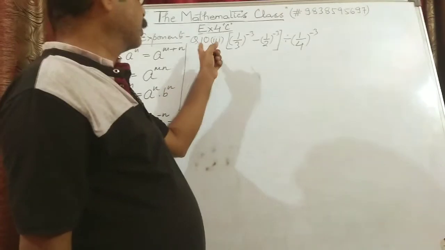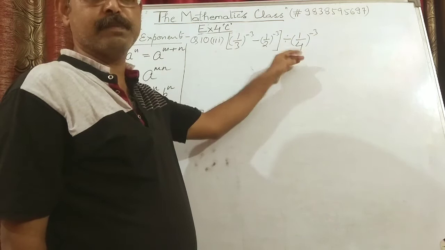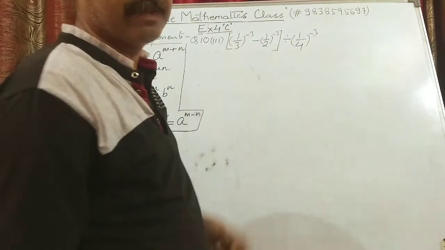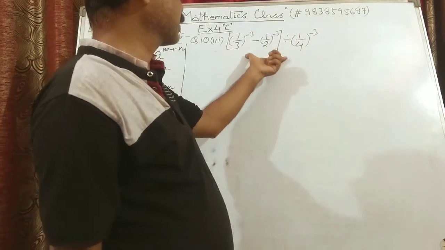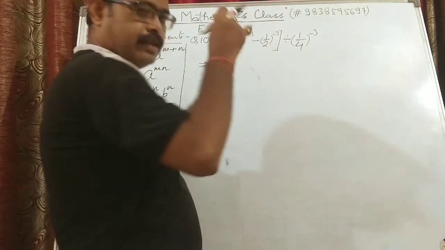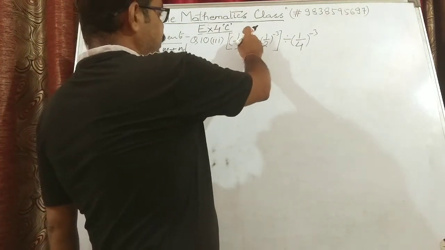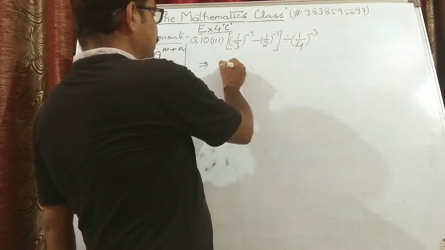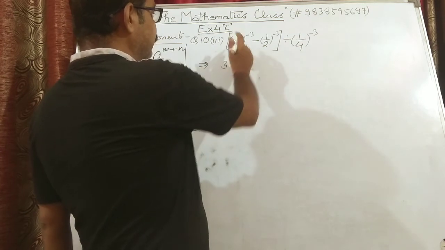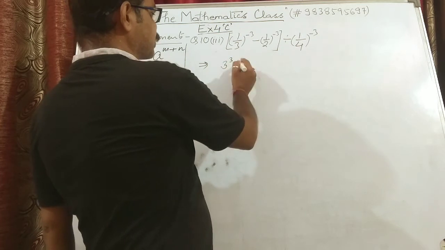Third question, 10th question, third part. In this you have to find the reciprocal of the given numbers. First and second part I have left for you. We will discuss the third part. First we will find the final value and then we will reciprocate it. So 1 upon 3 to the power minus 3 can be written as 3 to the power 3. The denominator moves up to the numerator and the power becomes positive.